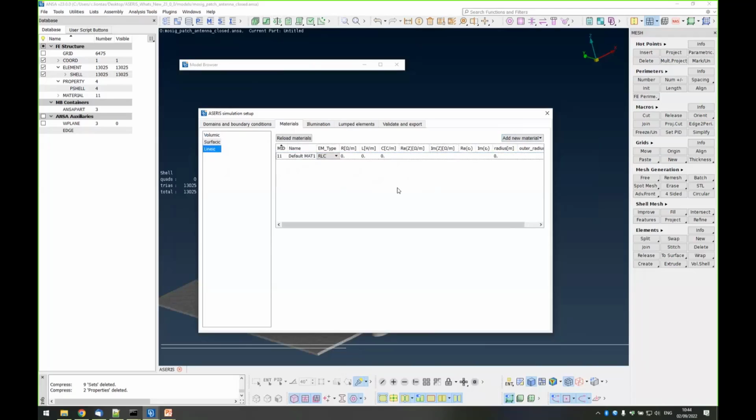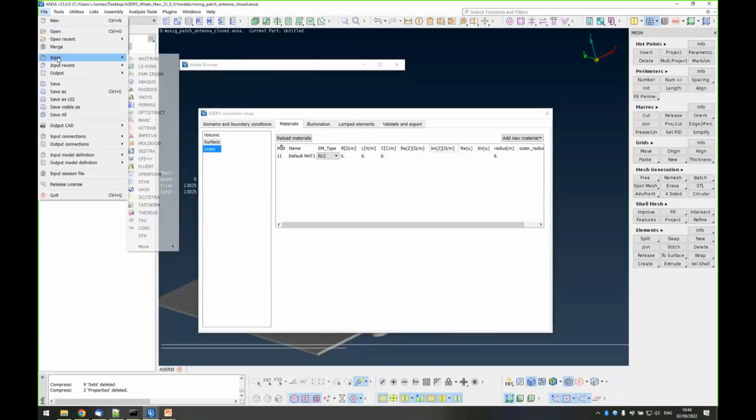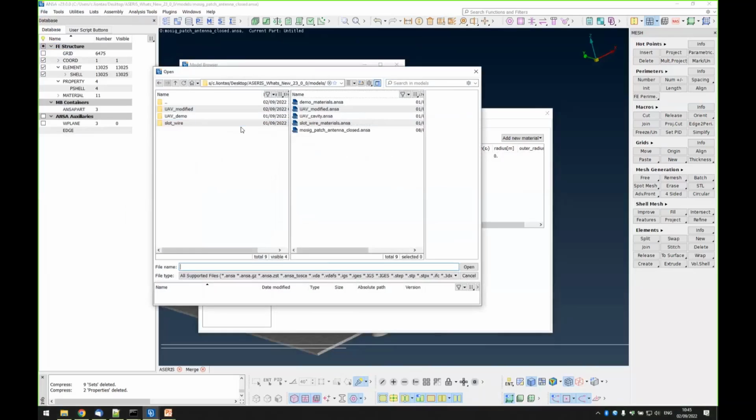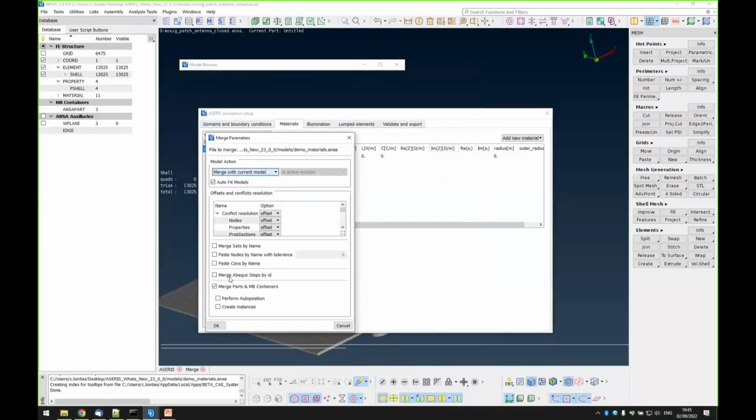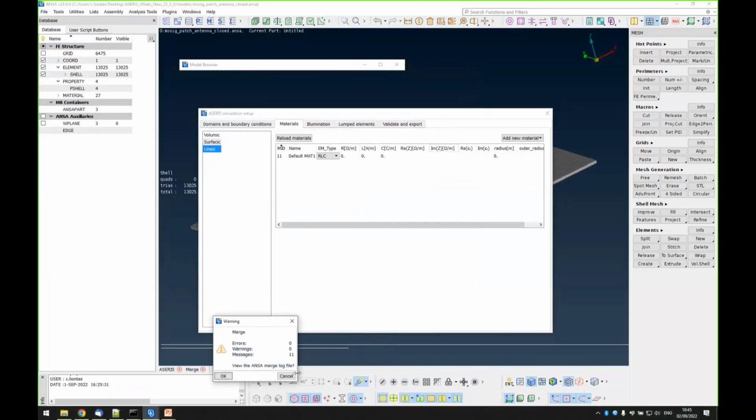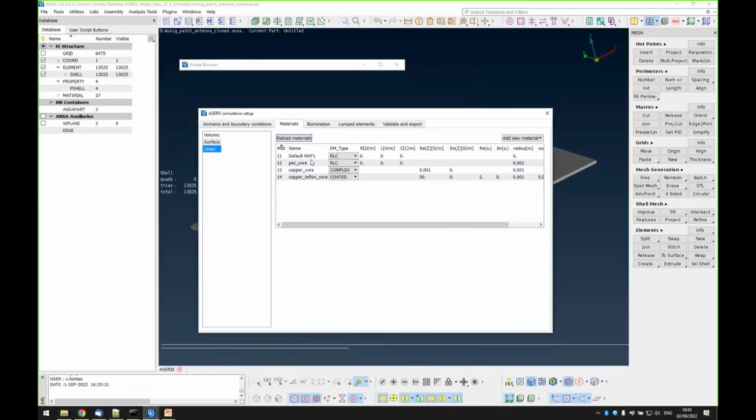Finally, there is the option of loading ready produced material databases as ANSA databases, so that you don't have to create materials every time. So there are two options. Either you load them after launching the script by merging. So let's load the demo materials here. Okay, merge. And now we can reload materials to see which materials we have loaded here.